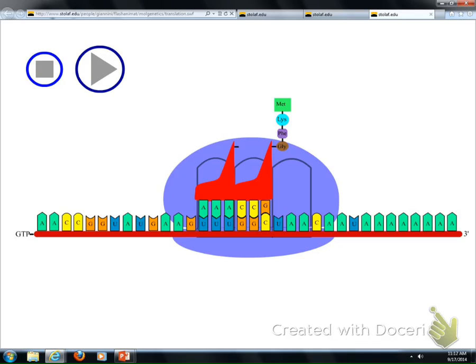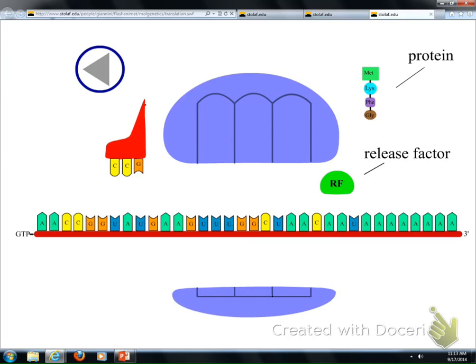the ribosome knows where to stop reading. It knows where to stop the production of the protein, and it's called a stop codon. And when that happens, we get what's called a release factor coming in. It's another protein of some sort that will then tell the ribosome to stop reading. This amino acid chain will then separate from that last transfer RNA, and everything kind of breaks apart, and we're